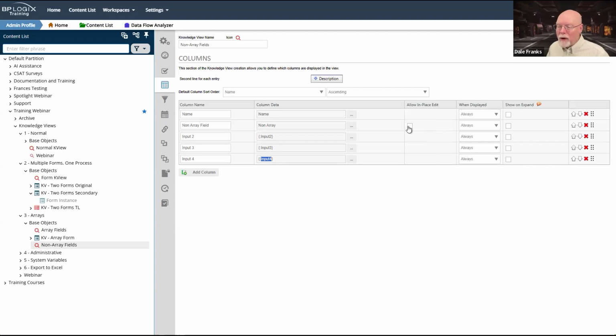So the only field that I could edit in place in this knowledge view with this configuration would be my one non-array field. So there are practical implications for how arrays work, and depending on what you want to do and what you want to show your users, you have to think very carefully about how your knowledge view is going to display arrays.